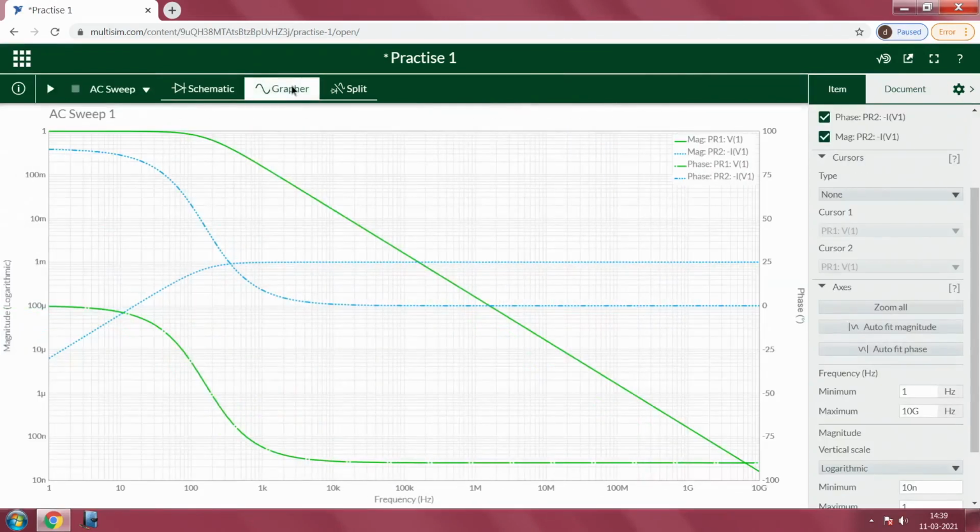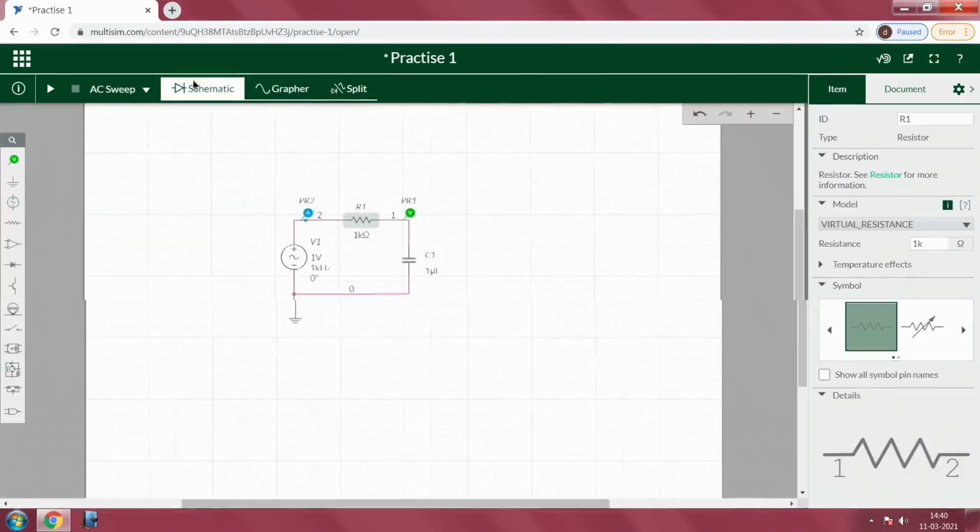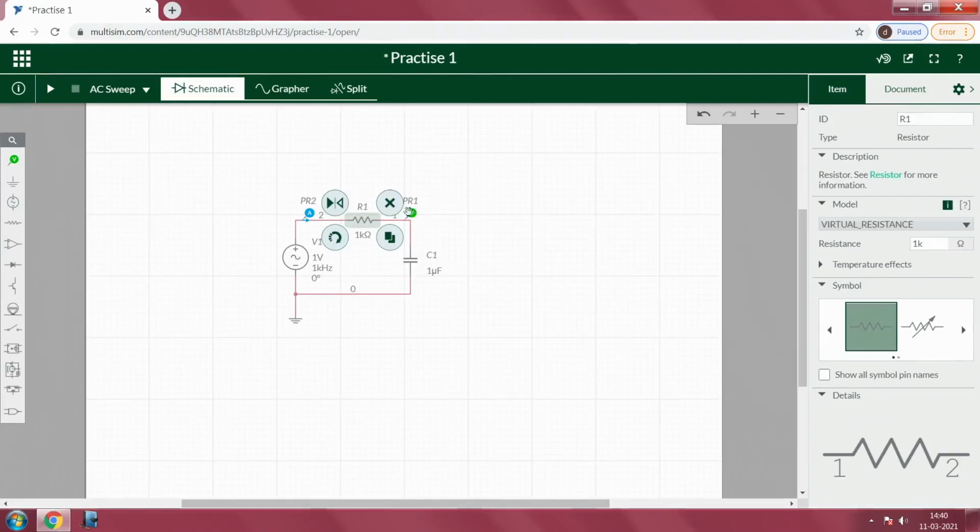So, here we can see the Bode plot. Since I do not need the magnitude and phase for the time being, I am not looking into the magnitude and phase for the input voltage. Here we have created a current probe as well as PR1, which is a voltage probe. I do not want to see the current information here, so I will disable PR2.